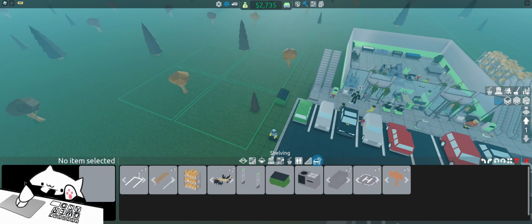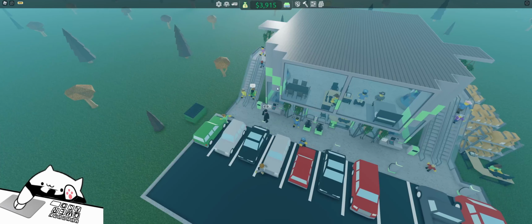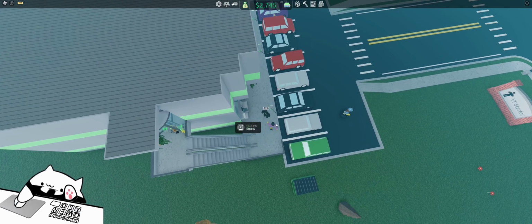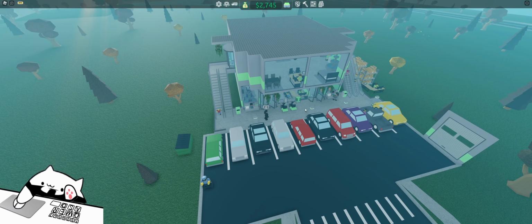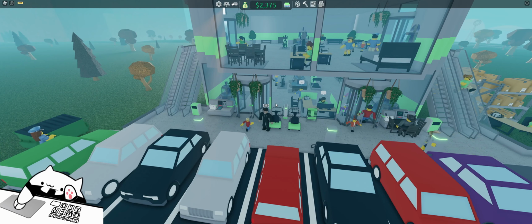Yeah, you know what? I think this takes down decoration value. Oh no, we're fine. The customers, they don't care how dirty a parking lot is. So if it's gray, you're fine. Just as long as where they're walking, pretty much all your floor pieces that aren't grass or the asphalt from the cars, you're fine. But yeah, I'm gonna go AFK because